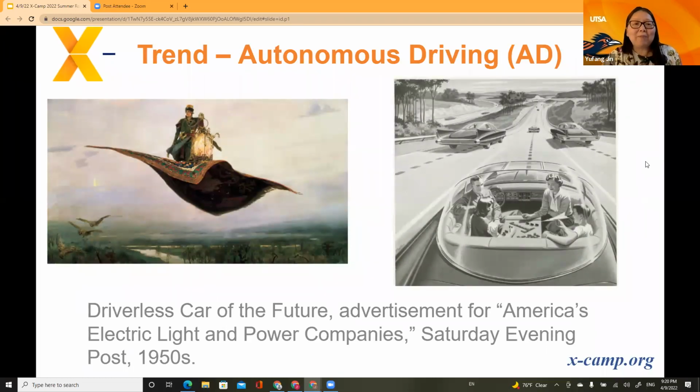So think about autonomous driving. People have been dreaming about it for many, many years. Everybody knows there is a very famous Disney cartoon from Arabia, right? It was the magic carpet, or the flying carpet. In fact, the idea of autonomous driving in the modern world was proposed by the United States in the 1950s. Starting from there, people have been working so hard on research and application of autonomous driving. Next, please.